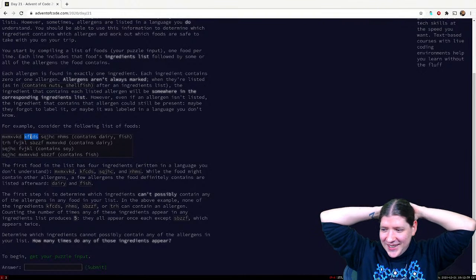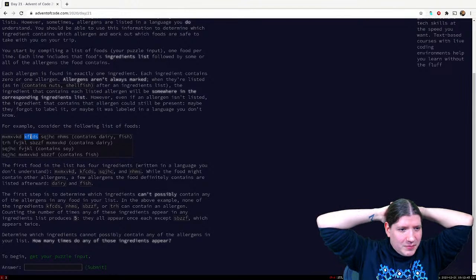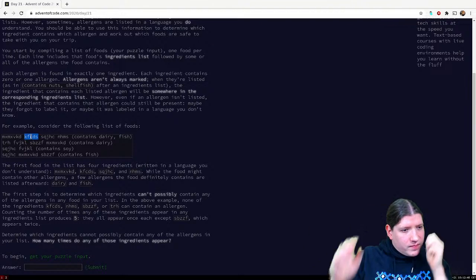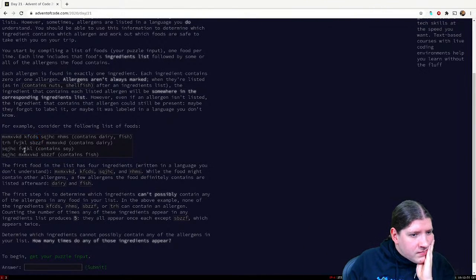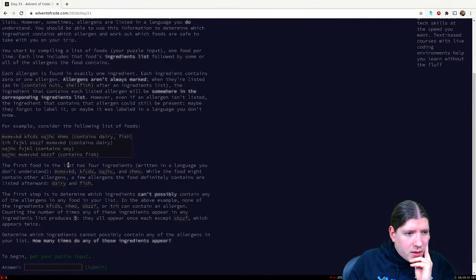So I'm not sure what the intention is. How are we supposed to solve this? So a set intersection problem. Yeah, but I mean,